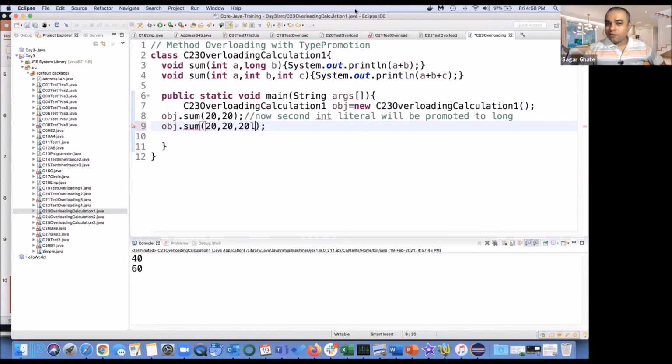type promotion is possible, but type demotion is not possible. See what error it is giving. It is saying the method sum in type object sum 2020 is not applicable for the arguments int, long.